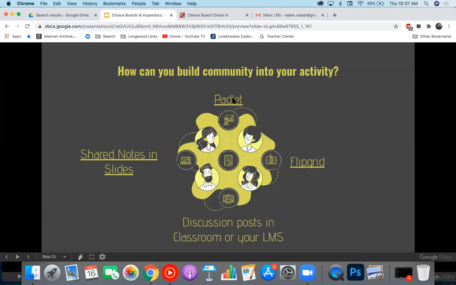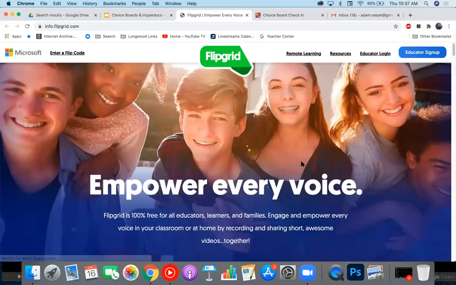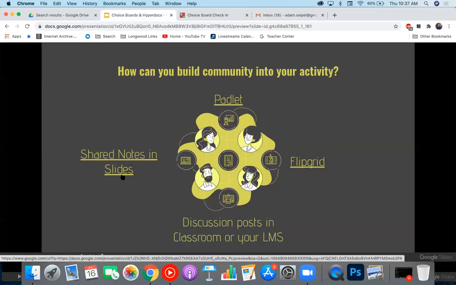So some ideas like we've used today, we can use Padlet. If you've never used Flipgrid, it's an awesome tool where kids can respond to a prompt and record a video and share it with their classmates, or just share it with you as a teacher. We can also do something like shared notes and slides. And when we click on that option,